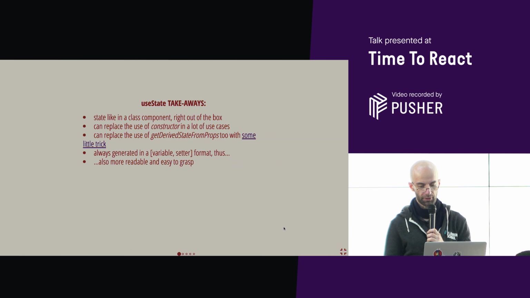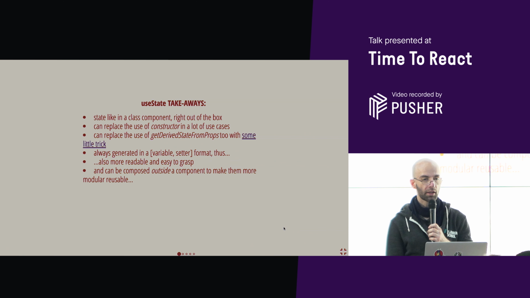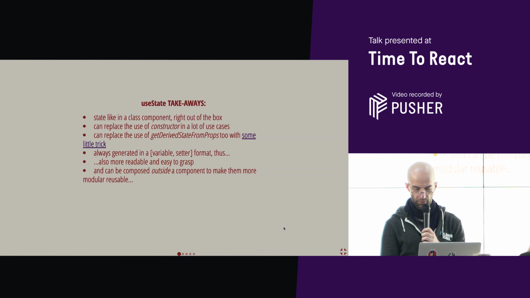Again, once you get the habit, it doesn't take much. I think we played with hooks for a couple of days and we were already pretty familiar. And by pretty familiar I mean, okay, I can build something without running to check the documentation all the time. And probably if you are smarter than me, which doesn't take much, you should be able to get there in a couple of hours, say.